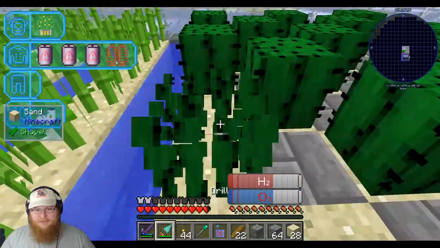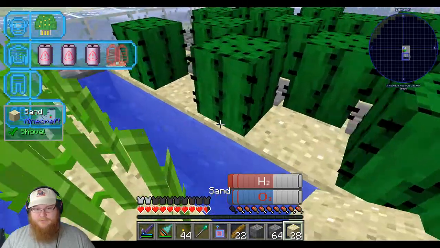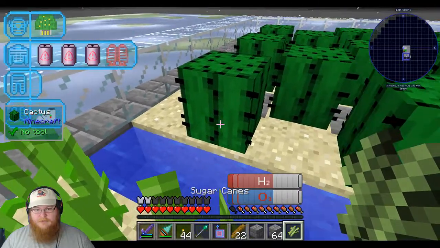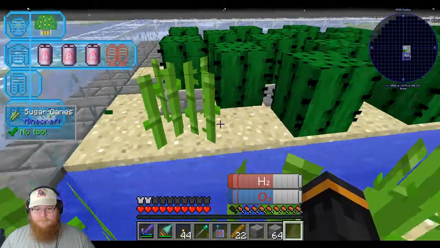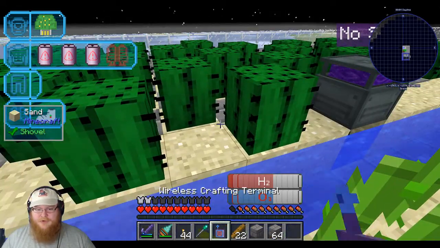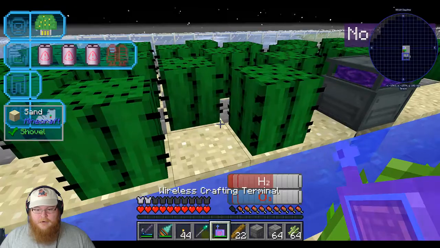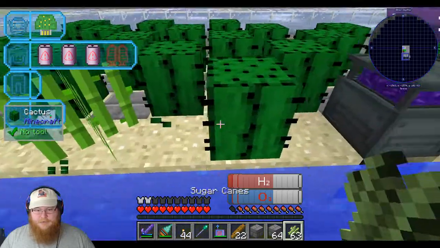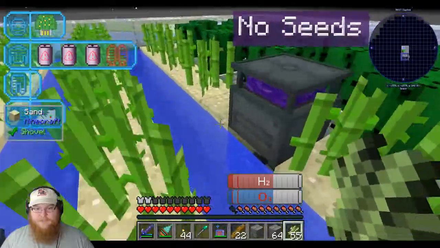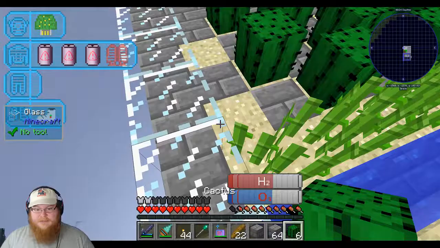Ow! Oh, okay. Okay. Ouch. Let me get some sugarcane. I don't know if it's going to pick up that I want sugarcane to be there. Let's grab some more sugarcane. Like so. And then we'll just replace, and all of this can be placed down. Like so. And then the extra pieces of cactus that I got can go...